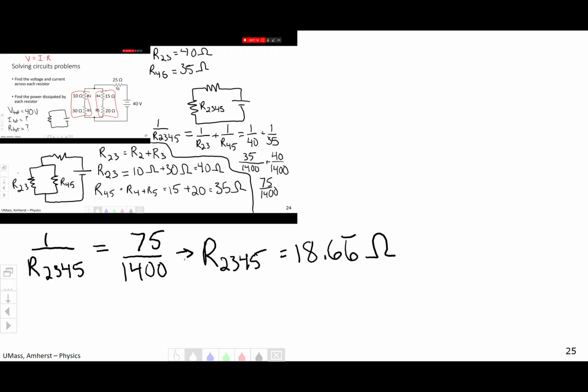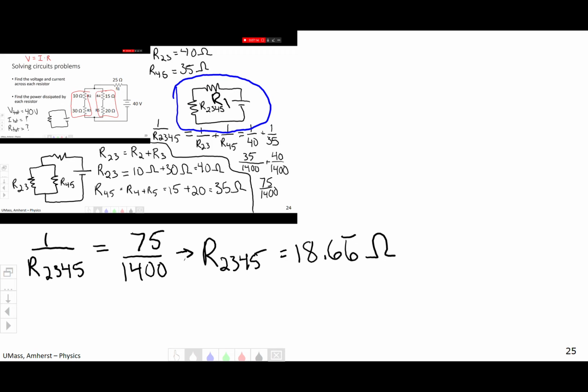So we have R2,3 and R4,5, and we have 40 and 35. If they are in parallel, the equivalent resistance should be lower than each of them individually, which it is. So we are all set on that front. So that means we now have a very simple circuit right here, and that is R2,3,4,5, and from way back,